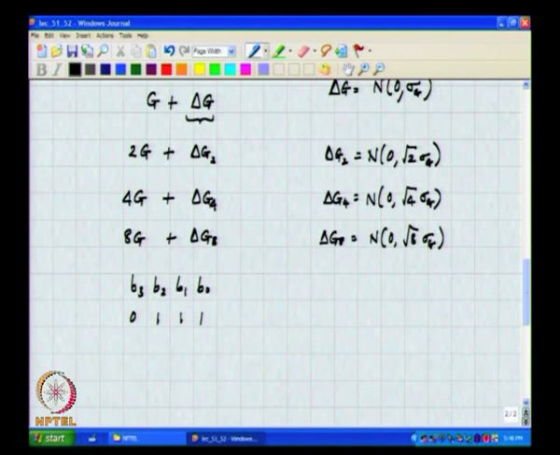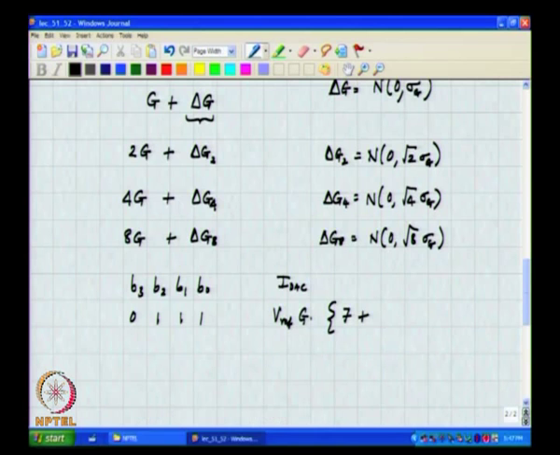Okay. So, when the digital code is 0 followed by all ones, what happens? What is the output voltage, output current? If there was no mismatch, IDAC should be Vref times G, which is a common factor everywhere, times 7 plus delta G plus delta G2 plus delta G4 whole divided by.